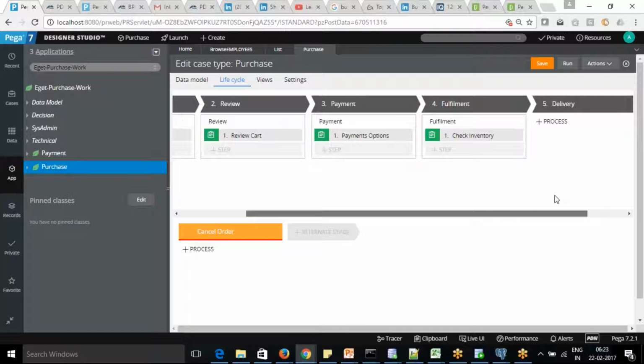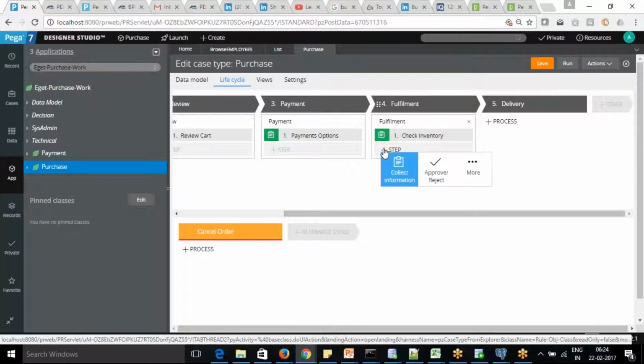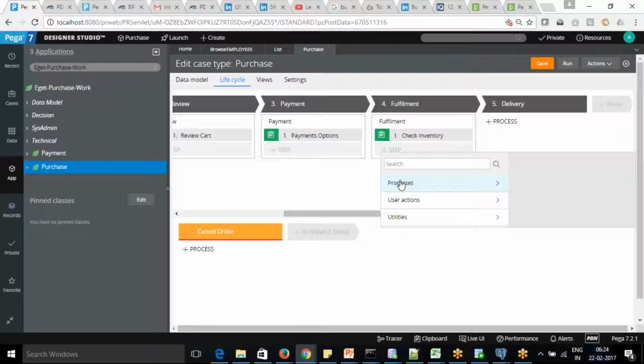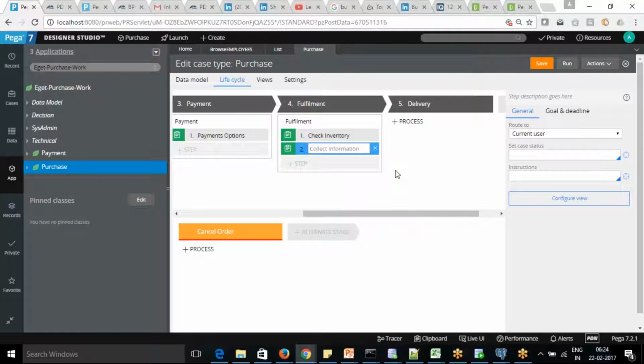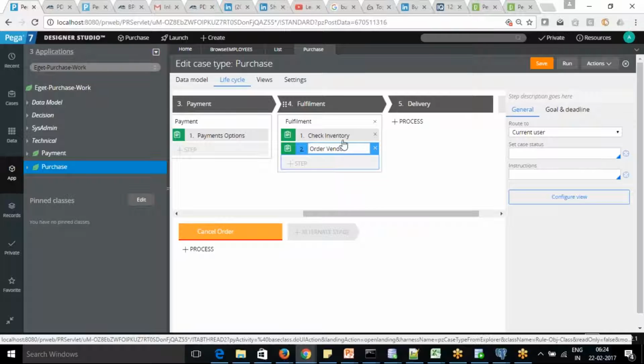So that actually you want to add a separate process here. Okay, currently it's not there, so I'm just writing it now as order vendor. If we don't have any inventory available for that product, what we are going to do is order from the vendor. Okay, vendor will send it back to us, then we'll send it for,